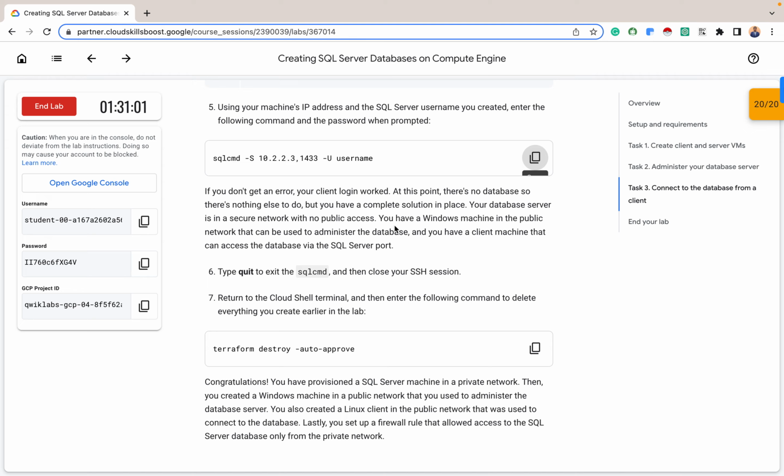But we've set up the solution of everything, and your database server is in a secure network with no public access. Then we now use the Windows machine in the public network that can be used to administer the database. And we also have a client machine that can access the database via the SQL Server port that we used. So the connection is typically simple and straightforward. Like I said, from our SQL Server, which is the database that we have,